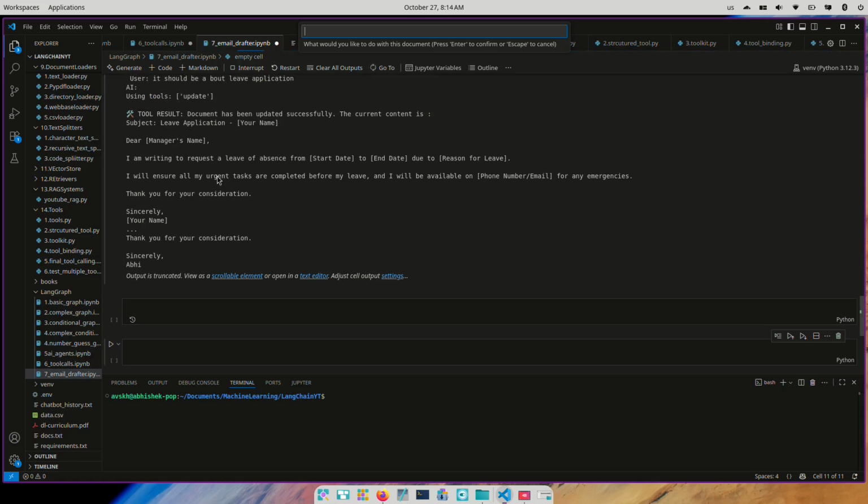So everything is done. What I need to do is save this file. So if I say save the file now, save it. So it asks me for a file name, so I can say email draft,